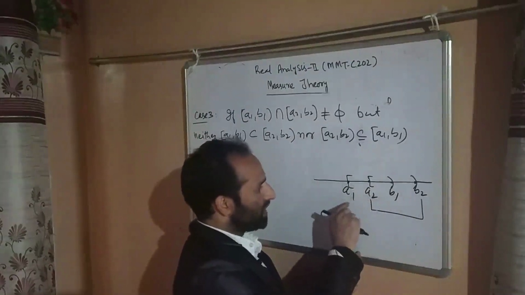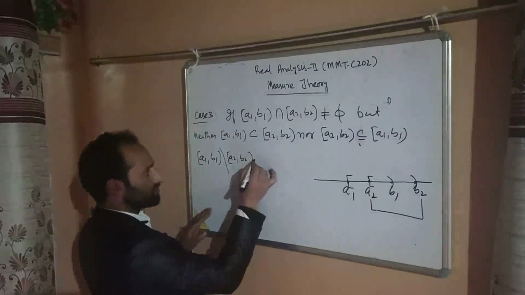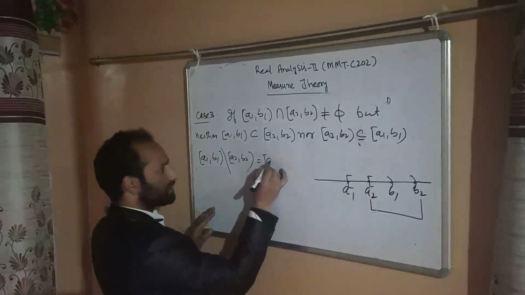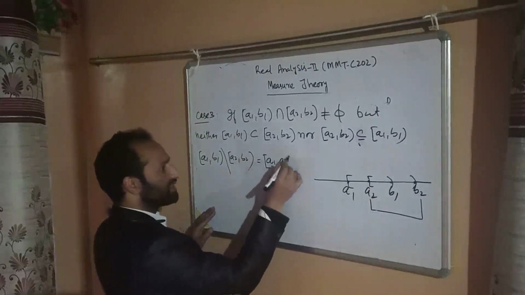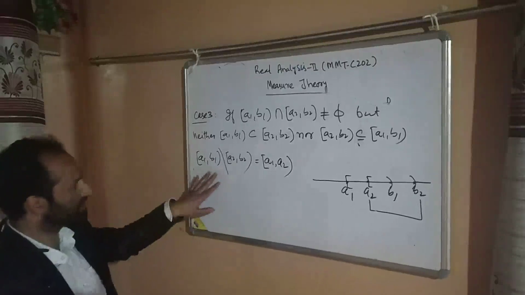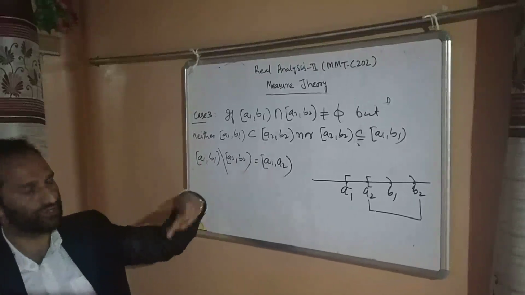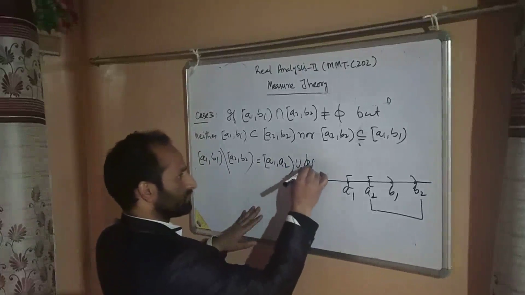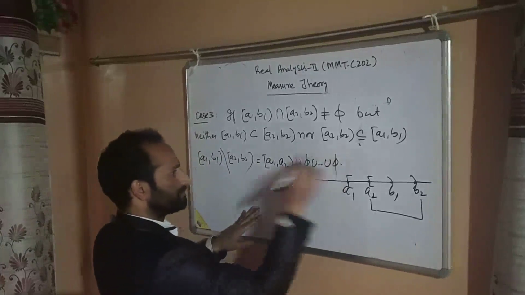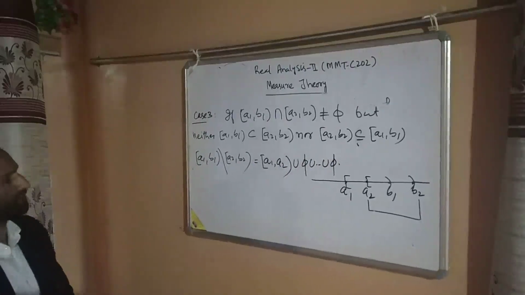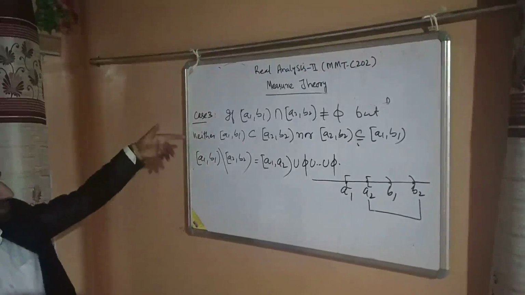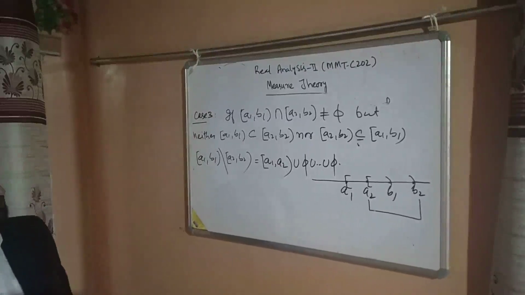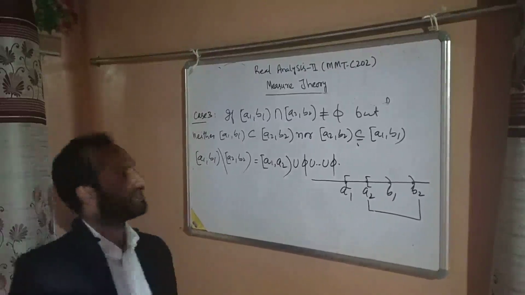It will be equal to A1 to A2, and it's a member of S. Therefore, this difference can be written as a finite disjoint union of members of S. You can insert phi here. So thus, in all these three cases, the set difference of two members of S can be written as a finite